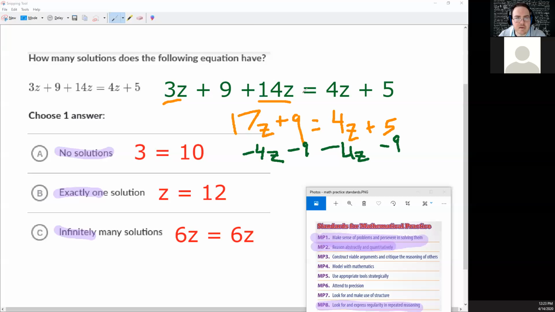So that means that cancels out and that cancels out. What I end up with is 13z on the left and 5 minus 9 being negative 4 on the right. And at this point, I'm sure I know what's going to happen. So we can divide both sides by 13. And what we end up with is this really kind of gross looking z equals negative 4/13,